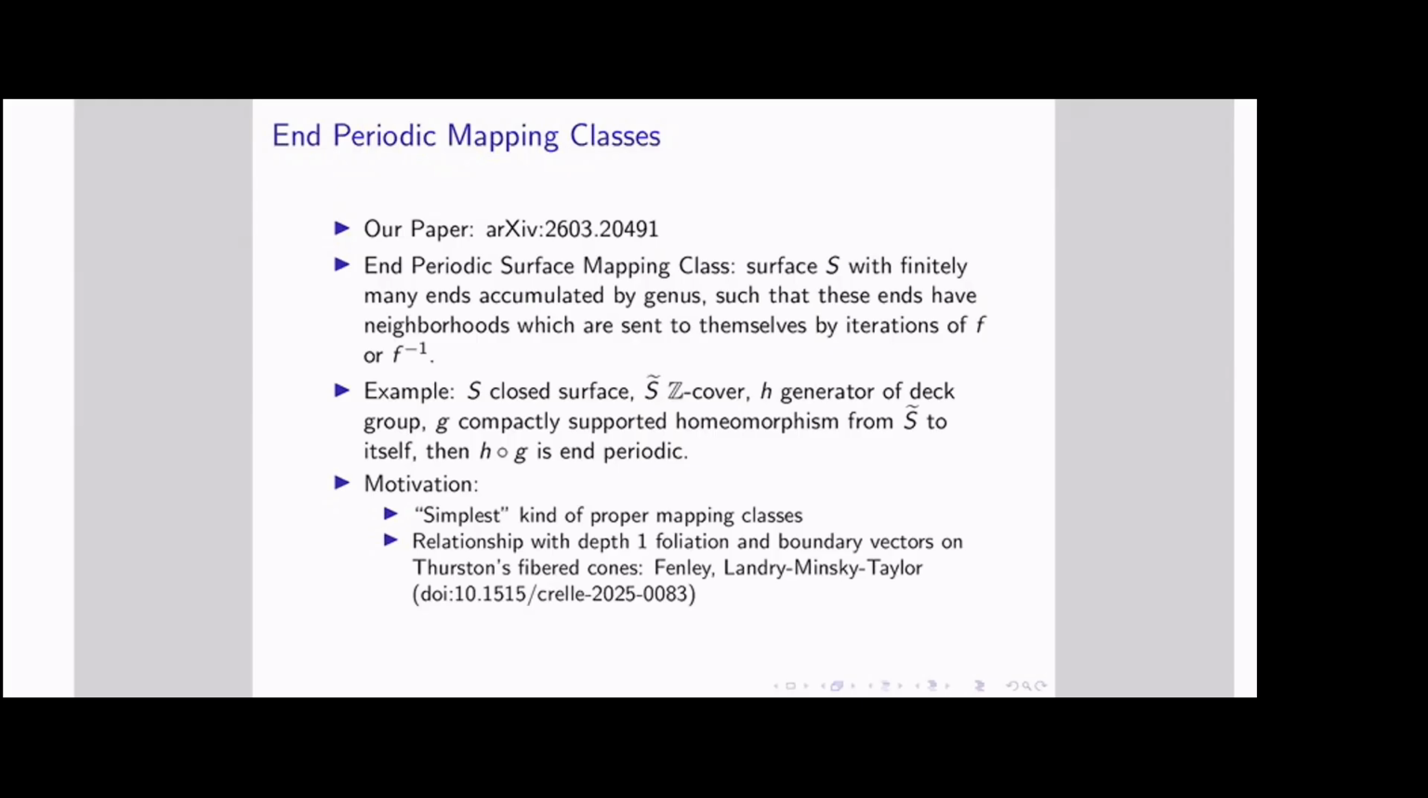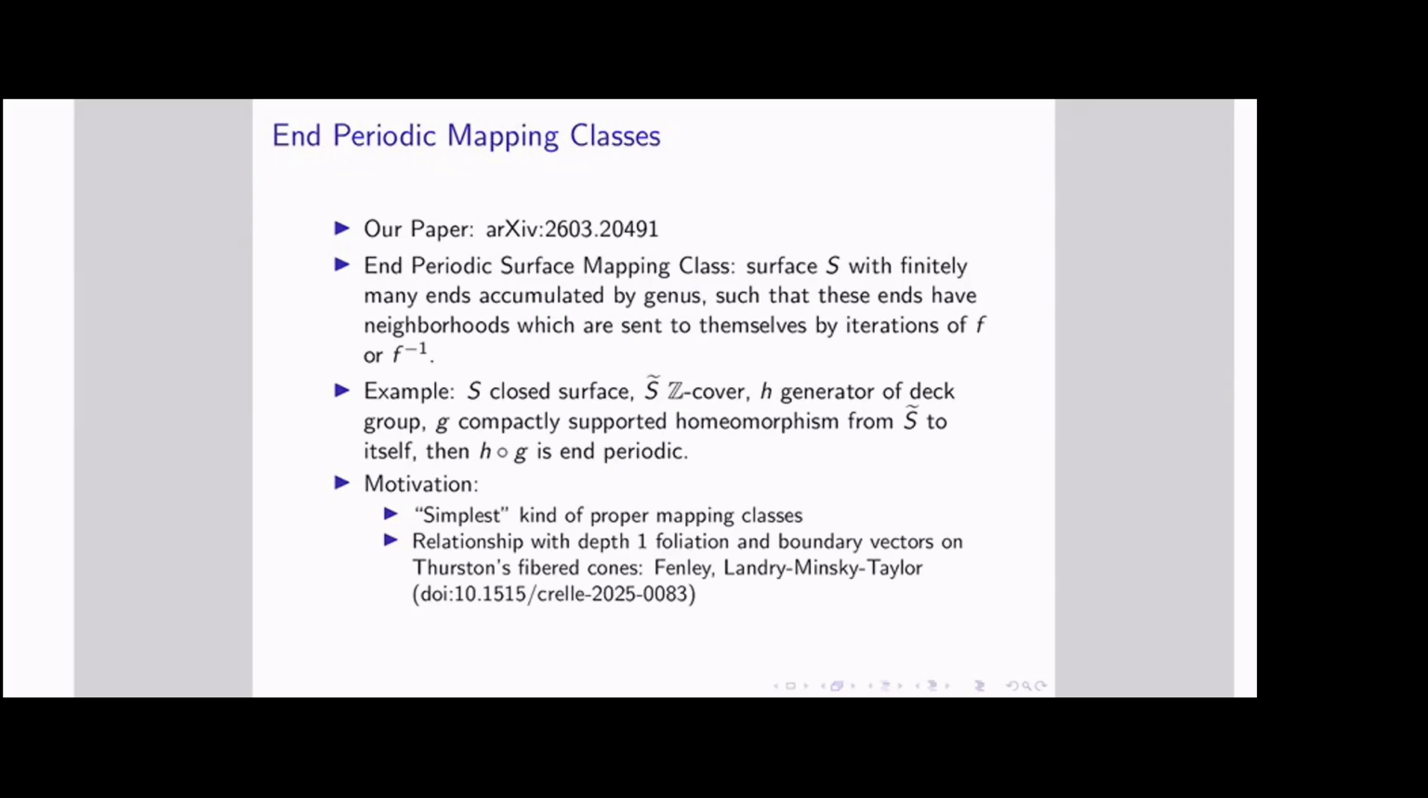And then also we need to impose further constraints on the end-periodic surface map so that the resulting fibered manifolds are in some sense good. If we want to see the details of this construction, this relationship between end-periodic mapping classes and depth 1 foliations, there's the classical paper by Fenley, I think dating back